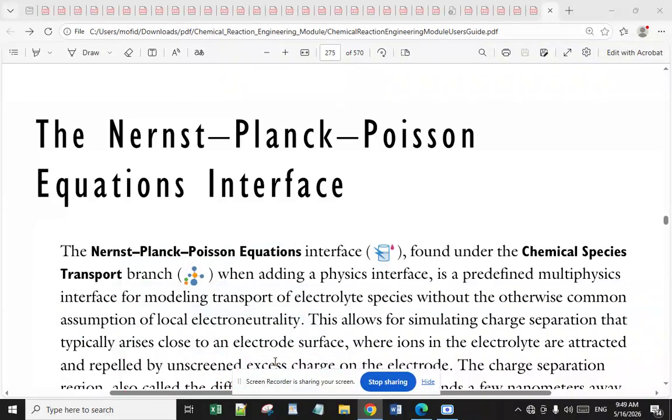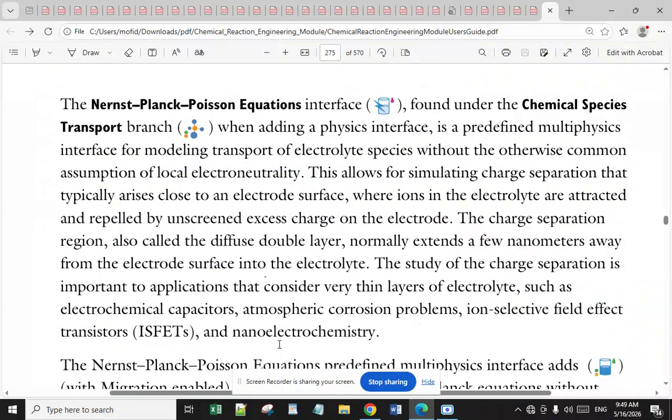In the name of Almighty God, I am Master Sankasha, and today I want to talk about the Nernst-Planck-Poisson equation interface. The Nernst-Planck-Poisson equation interface, found under the Chemical Species Transport branch when adding a physics